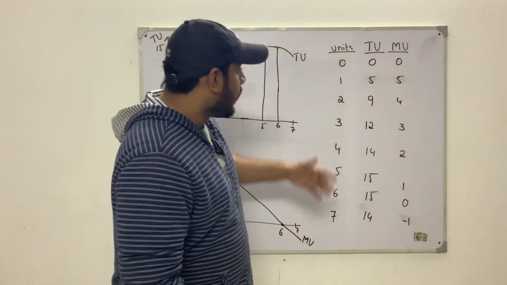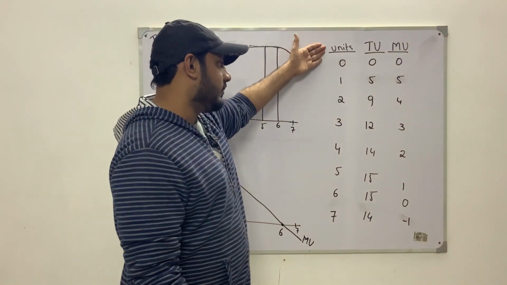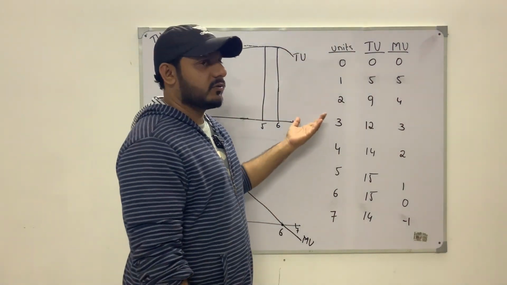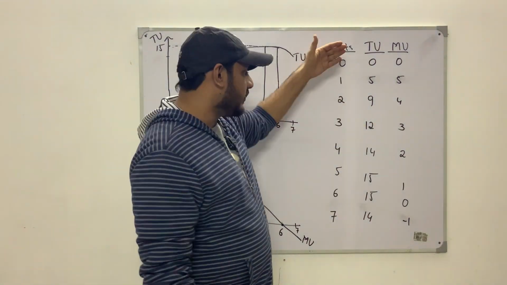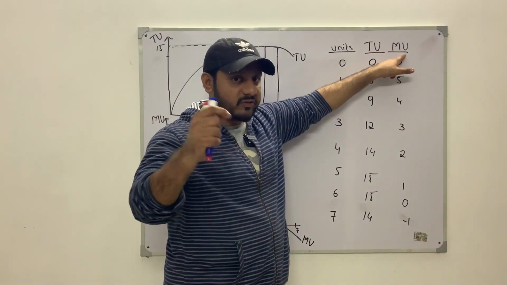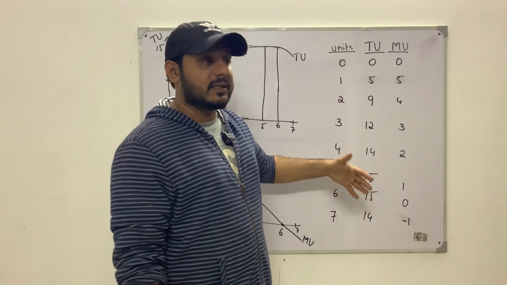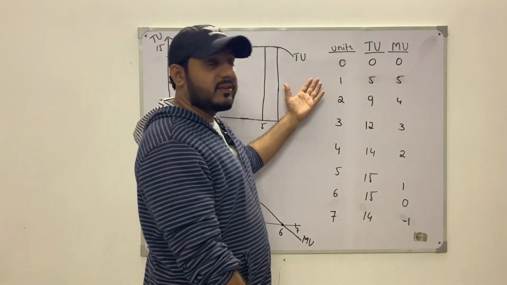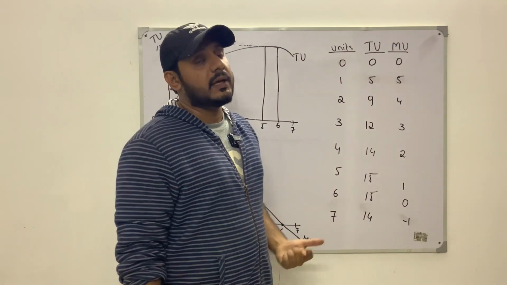Now guys, what I've done here is that I have just made a table. The first column shows the number of units, let's say the number of units of chocolates. And this shows the total utility for consuming each additional chocolate. And then this shows the marginal utility, or the additional utility from consuming the additional chocolates. By the way, since this is video 2, you must first check out video 1 on the utility playlist.